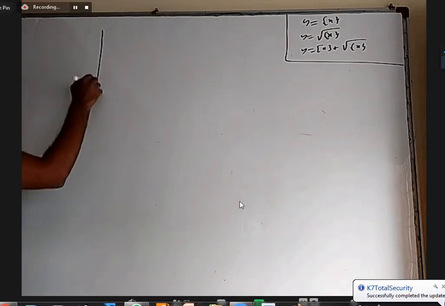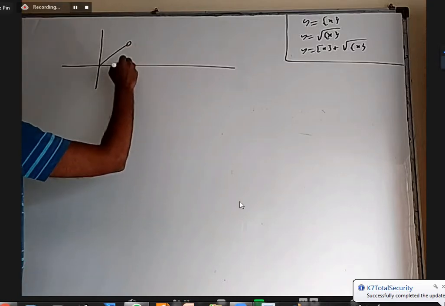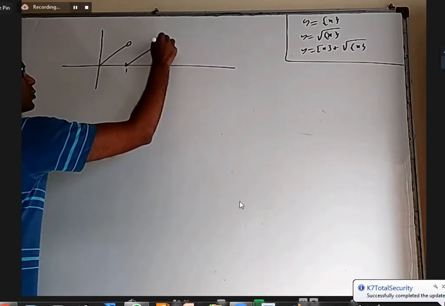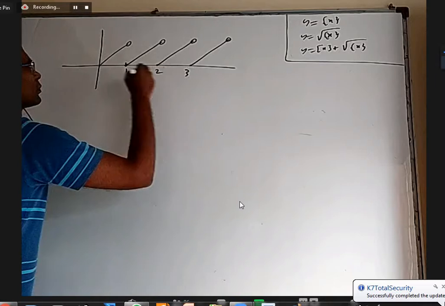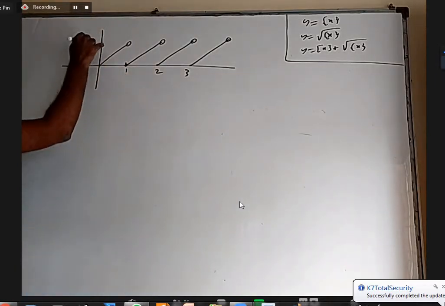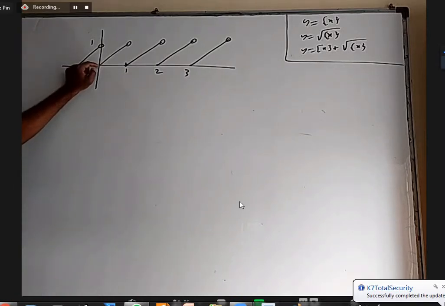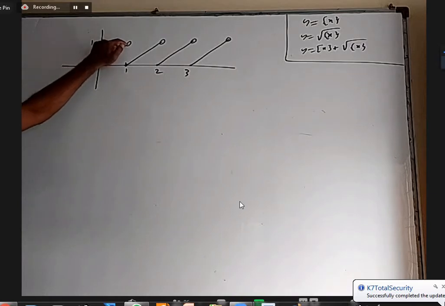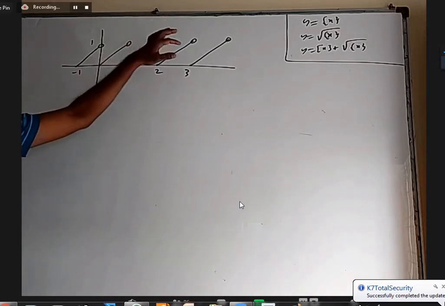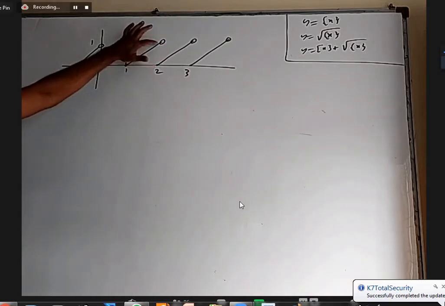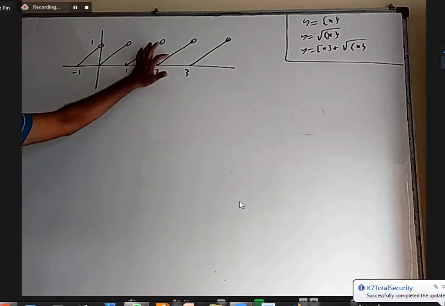Okay, we all know the fractional part of x graph. It starts at 0 and reaches up to 1, but never becomes 1. Again it starts at 0 and goes toward 1. This is the graph of fractional part of x. At 0, it's 0; at 0.1, 0.1; 0.2, 0.3, up to almost 1. At 1 again it is 0; at 1.1, 0.1; at 1.2, 0.2; at 1.3, 0.3; at 1.999, 0.999. Again at 2 it will be 0, at 2.01 it will be 0.01, at 2.2, 0.2, like that.